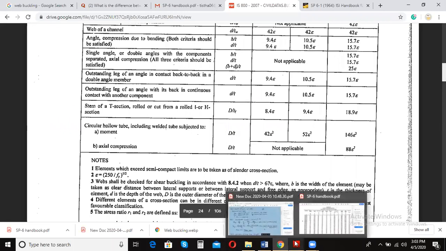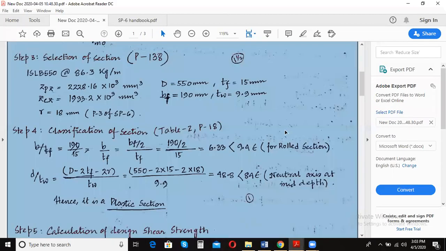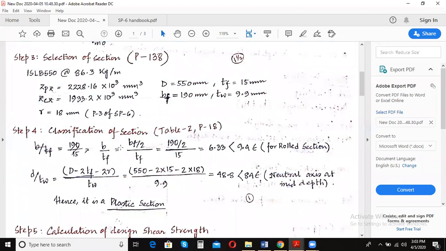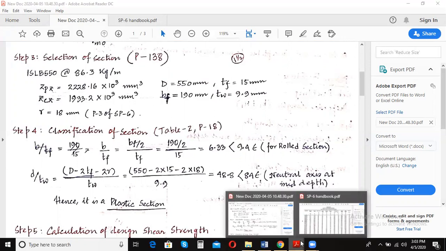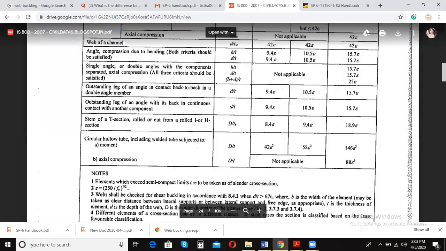Please mark it or write it down. Okay, so B is equal to half the flange width, not thickness, half the flange width divided by TF. TF is the thickness of the flange. So half the flange width is 190 by 2 divided by 15, which is equal to 6.33. And see, this value should be less than